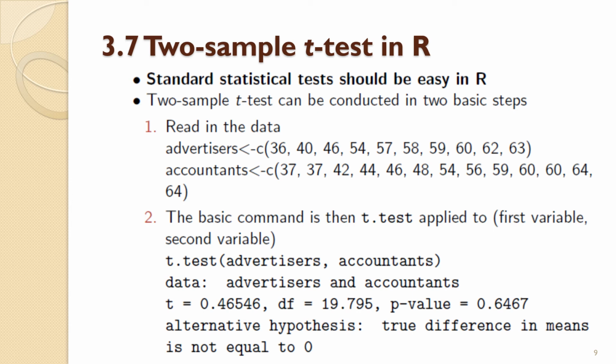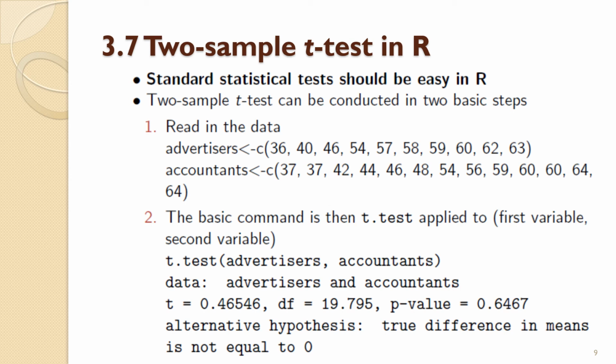And note here that it says advertisers in this t.test bit, and it's advertisers that is being linked to this set of data, and it says accountants in the second part of the bracket, and it must match the set of data that is attributed to the word accountants in step 1. Okay, so the two names have to match in both step 1 and step 2,